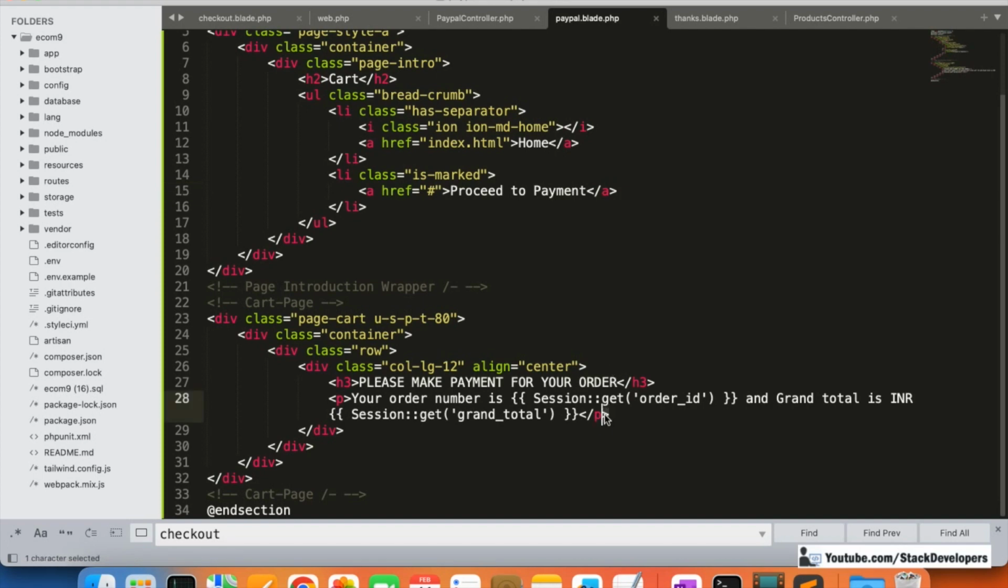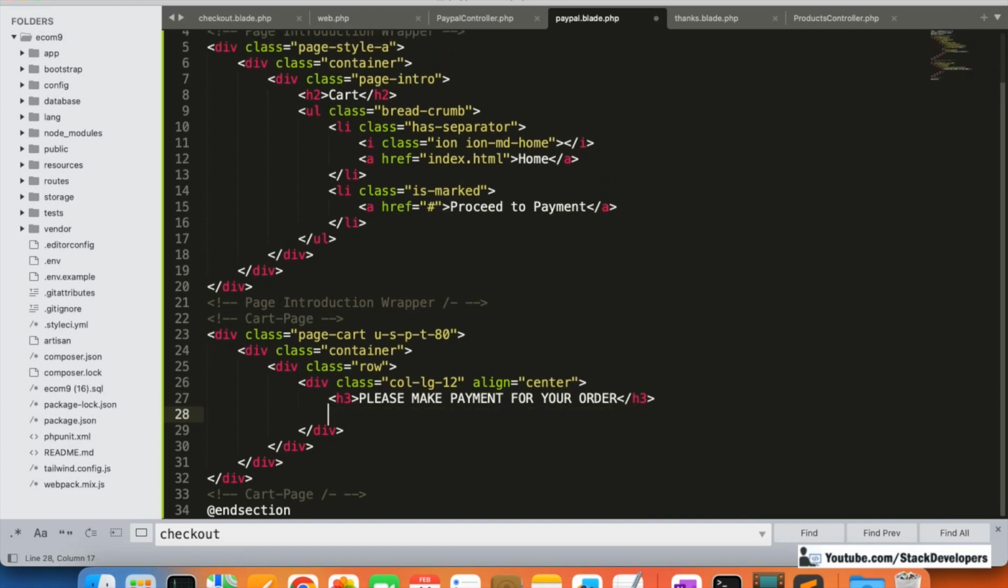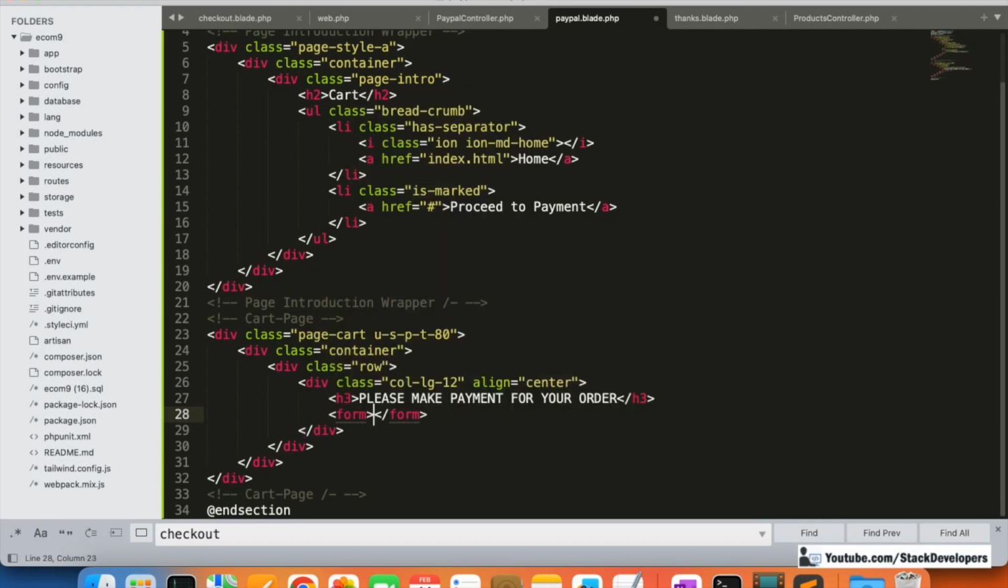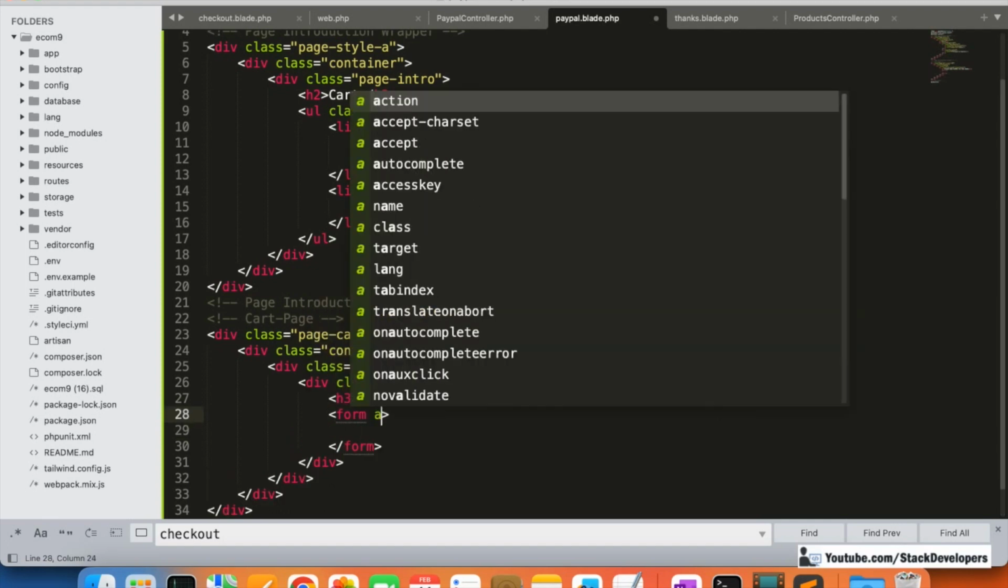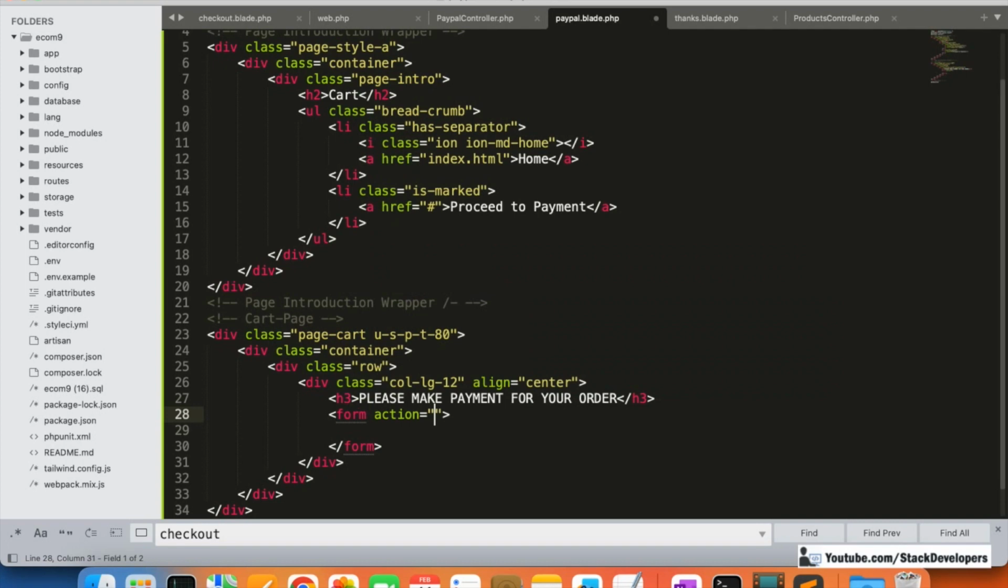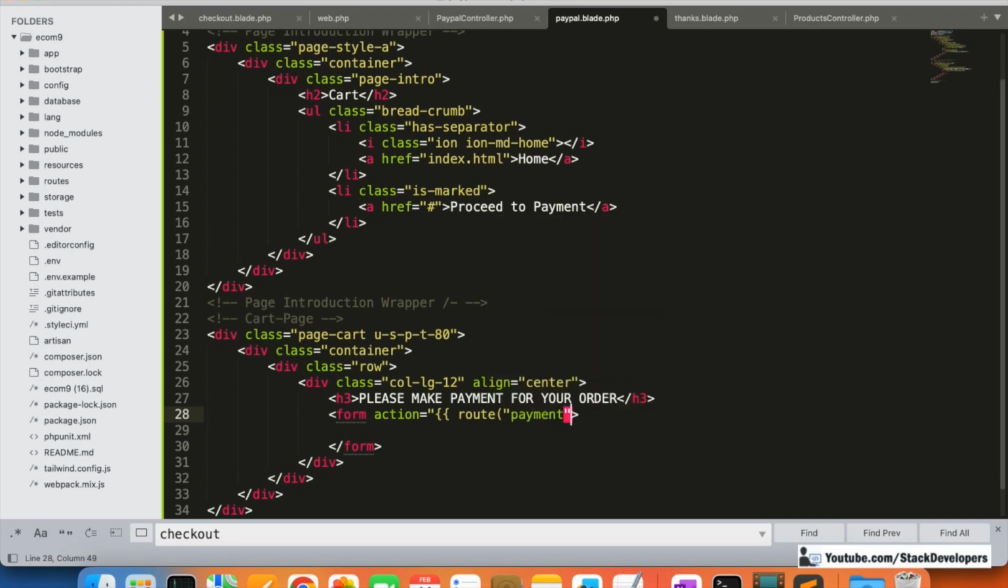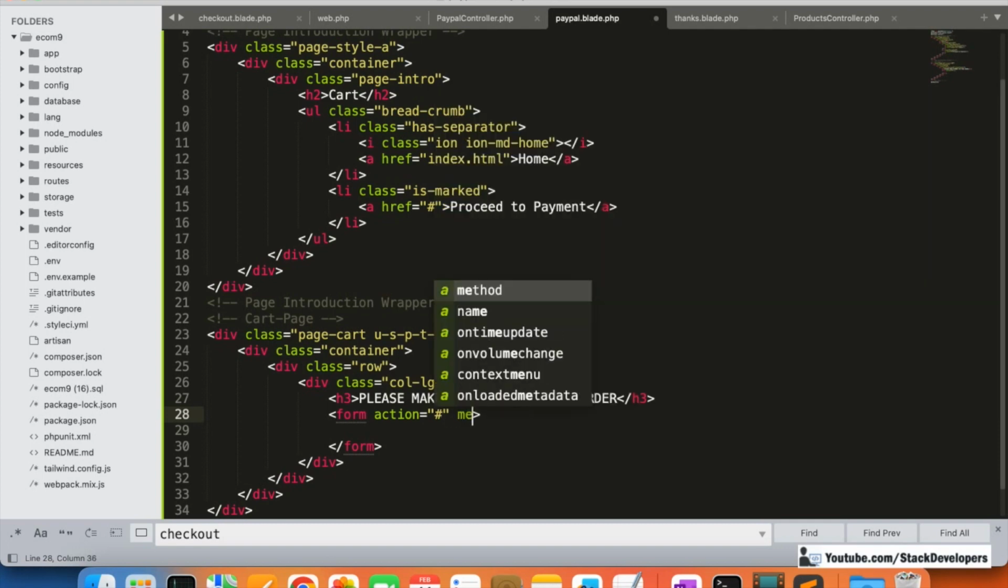So here, see, we will add the form, like form. This form action, we are going to create the route like payment, this one, though we are going to do this later on. Okay, I'm going to make it right now, do it like this. Okay, this form, form action method post,